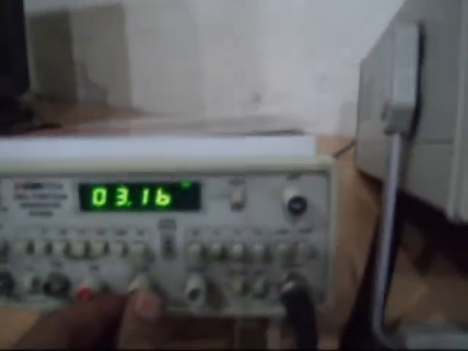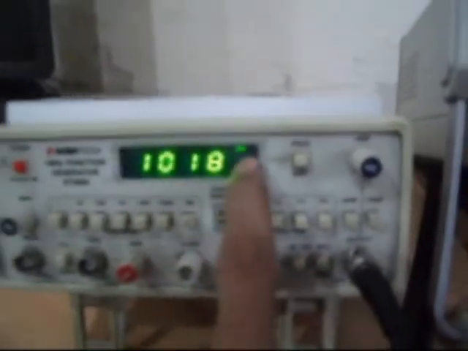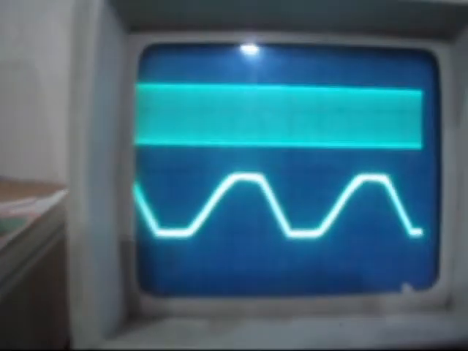We know that after increasing the frequency much more, the amplitude starts decreasing. Now we change the frequency to more. Here we can see 45 kilohertz. It has been increased, and now again its amplitude is decreasing, and the output is going towards a sinusoidal waveform again. Now it is 101 kilohertz, and the output is something like a sinusoidal waveform. Now we increase more, to 1000 kilohertz, that is 1 megahertz, and it is almost sinusoidal.